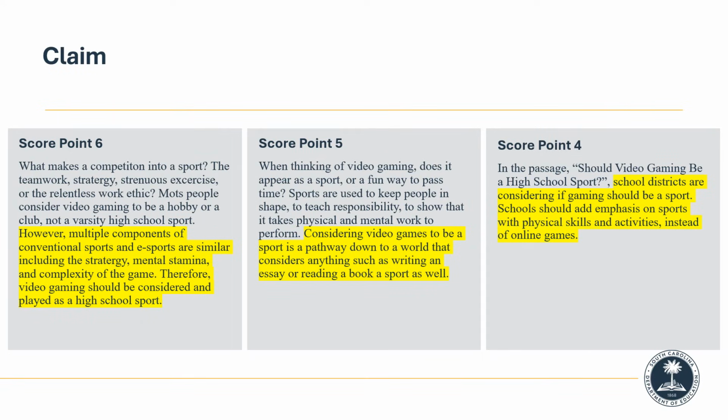When we look at all three claims together, we notice the highest scoring claim is precise and includes transitional words that show the contrasting relationship between the opposing viewpoint mentioned in the third sentence and the student's claim. In the score point 5, we notice the writing is not as skillful, but the student does use some sentence variety to add interest to his or her introduction. The lowest scoring response has an unclear claim and lacks the style and voice of the first two introductions.